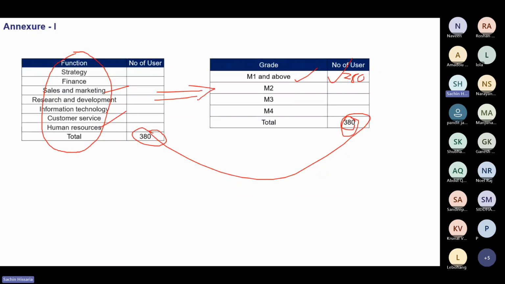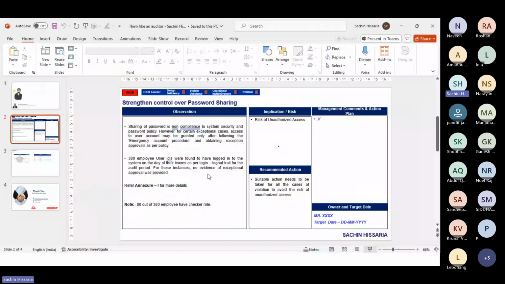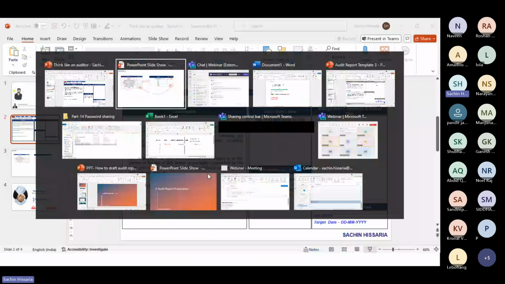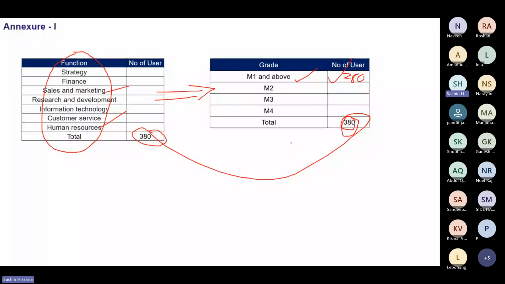Correct, guys? Like in a previous case, we presented some additional facts about our observation, like whether there was any login after the last working day, and whether this was a delay from the HR side or a delay from the IT side. So likewise, whatever observation you are writing, my suggestion is: try to collect all the relevant information